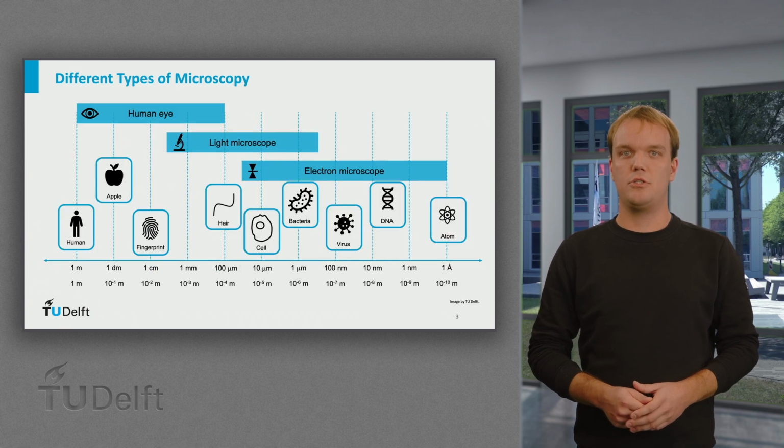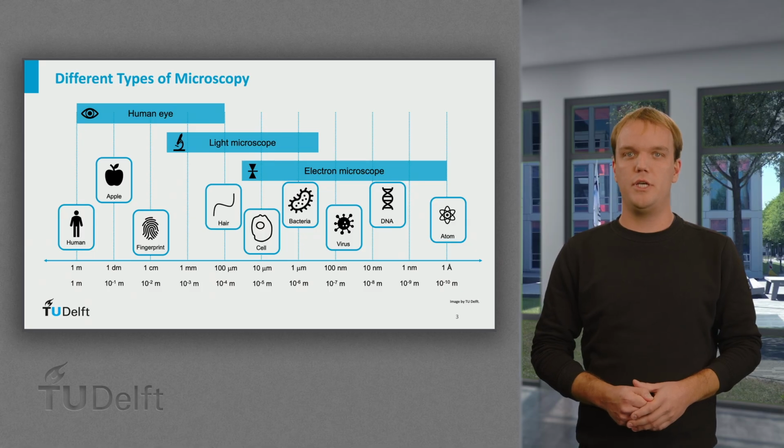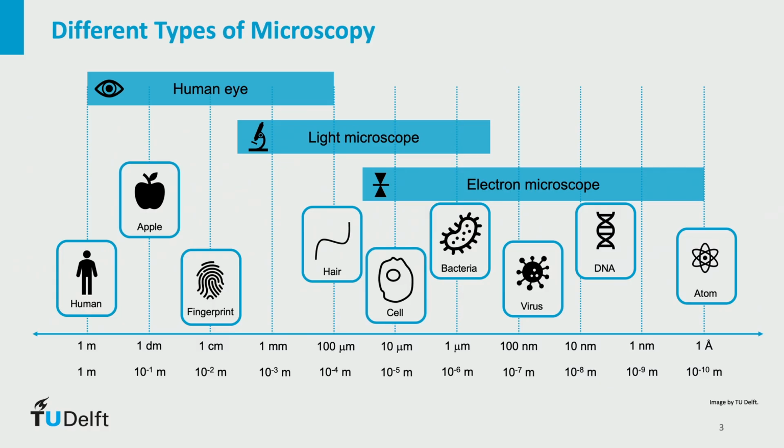Before going into details, it's useful to understand the scale we're dealing with. Human-sized objects are visible to the naked eye. Cells and bacteria require a light microscope. Viruses, large biomolecules like DNA, and atoms require electron-based imaging technologies. Light microscopy bridges a huge range from a millimeter down to about 200 nanometers. Below that limit, the wavelength of the light becomes a physical barrier and we need electron microscopy.